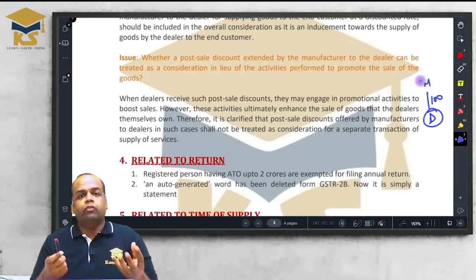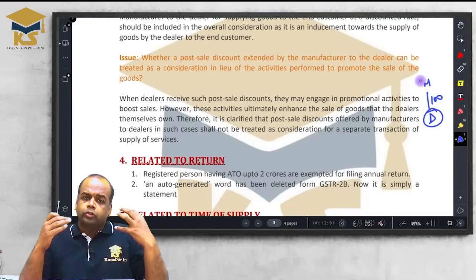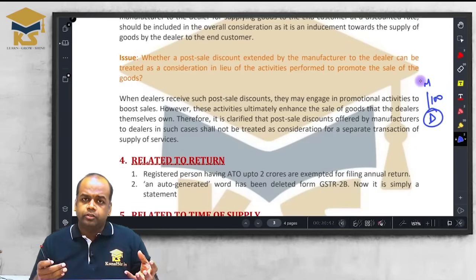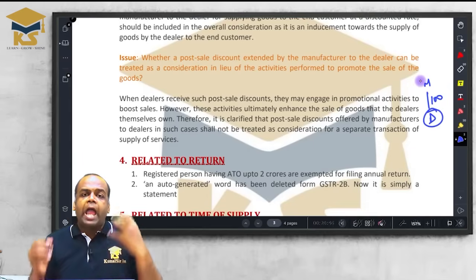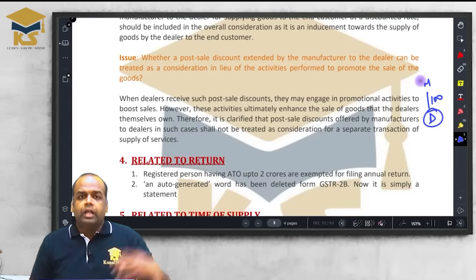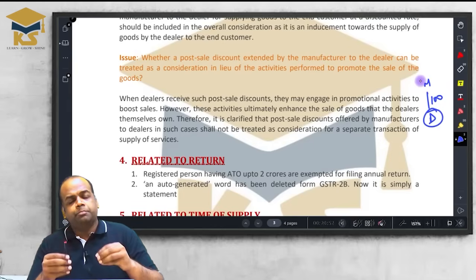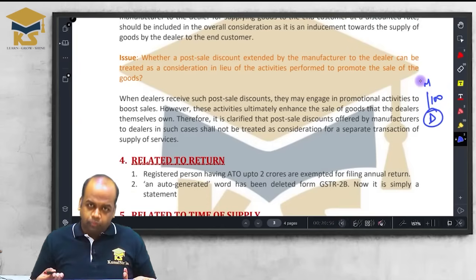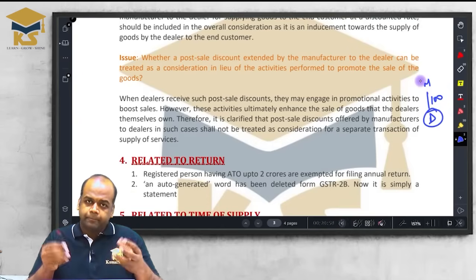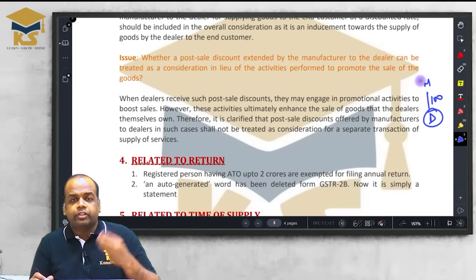Like say I am a dealer of Lenovo laptops, and I am doing advertisement of Lenovo laptops. So I am bearing all the expenditure. Lenovo is providing me some benefit by way of credit note. So I am marketing my product now. By this marketing, Lenovo is being marketed indirectly. Like you know, I am using Lenovo, so it's being marketed. Okay? So this is not a service between manufacturer and dealer.